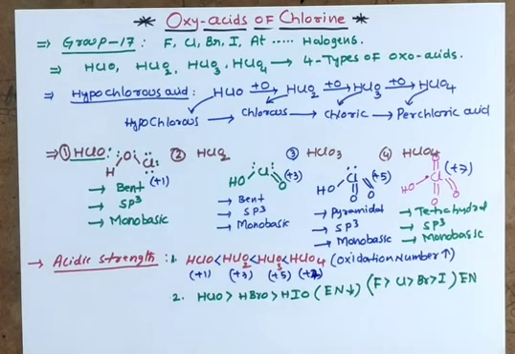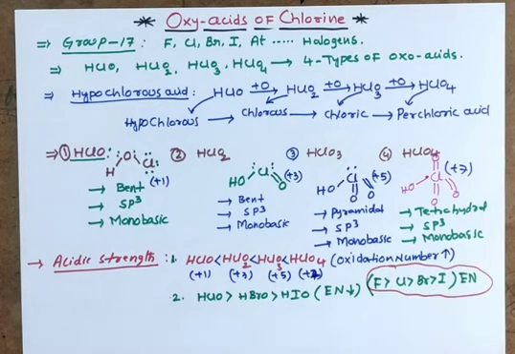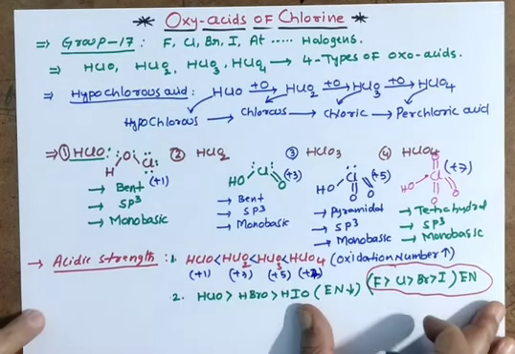So fluorine is the most electronegative, you know very well. Down the group, electronegativity always decreases. As electronegativity decreases, acidic strength also decreases. Now I am given the same central atom and a different central atom. If the same central atom is there, you have to see the oxidation number. As oxidation number increases, acidic strength increases. If a different central atom is there, you have to see electronegativity: decreasing electronegativity means acidic strength decreases. Clear? Let me discuss different properties.